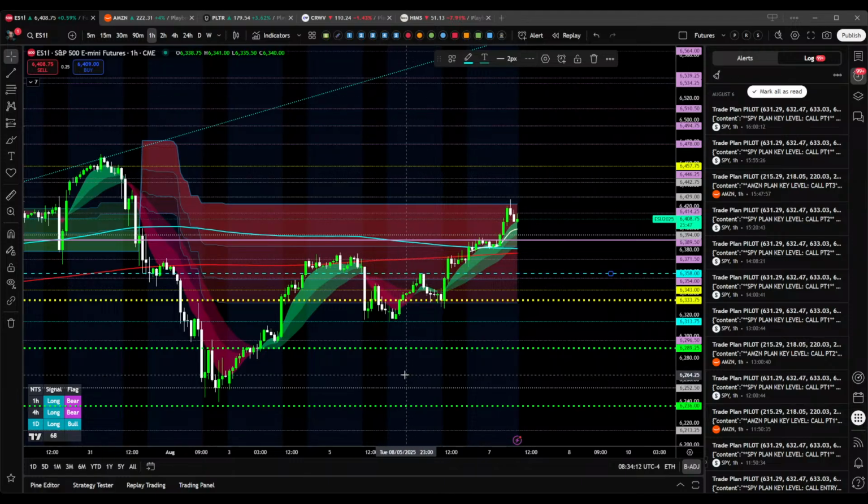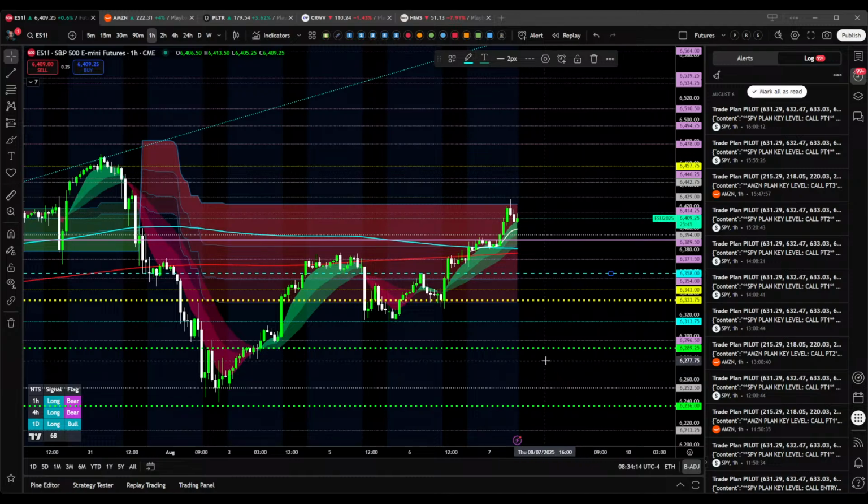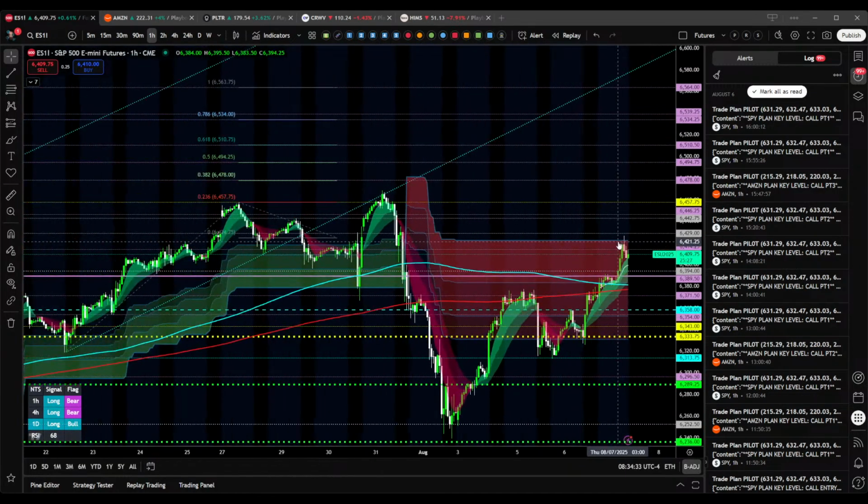So 63.58 looks like a good pullback target, and then below that, I'd say clearly that 63.33 level would all be good spots to watch for either A, scaling out any short or bearish positions, or B, starting to potentially load up on equities again. And then clearly to the upside, if we get a break out of this bear flag here on NTS, I think we can make a push toward all-time highs,